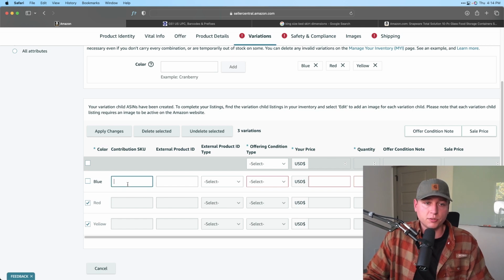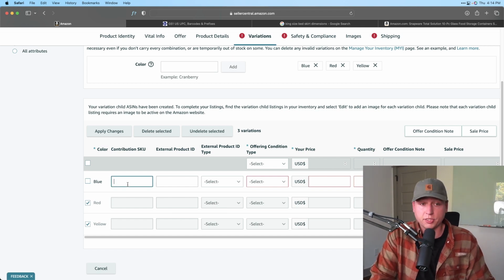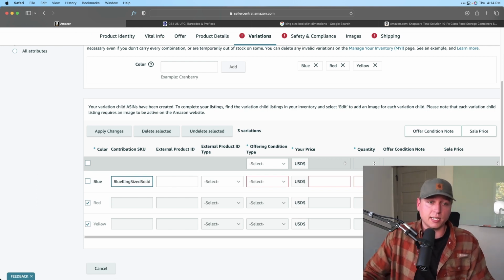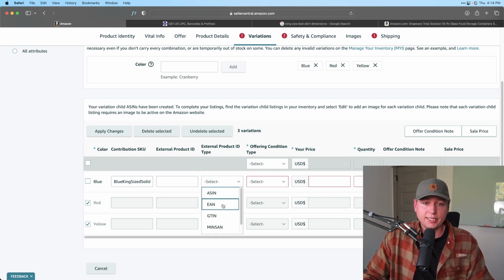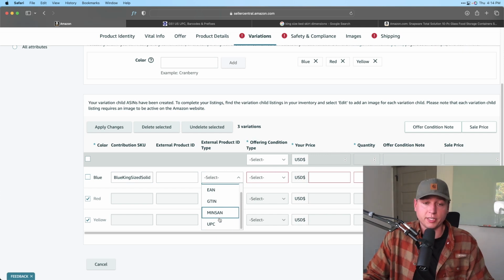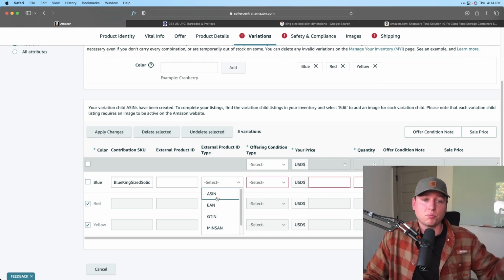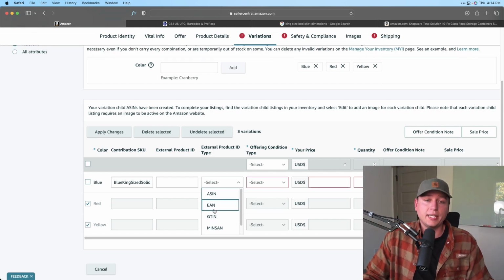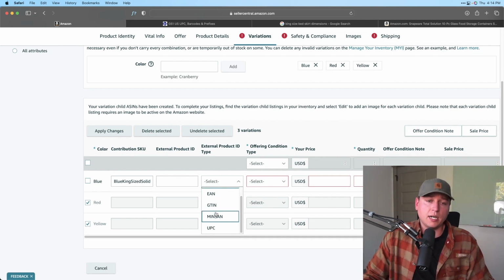So contribution SKUs. So this is a SKU name personally for you. So I'm going to put blue king sized here, and I'm going to put solid because it's a solid pattern type. External product ID. So this is the UPC. So you have the ASIN, EAN, G10, MinSan, which actually that's new. I don't know what that is. UPC. Okay. So G10 and UPC are the ones you're going to be using the most of. ASIN, if you're listing underneath someone else's product, the product already exists. This is what you're going to use. EAN, I believe, is for books. But depending on what you need, what you have, we're going to go ahead and hit UPC here,